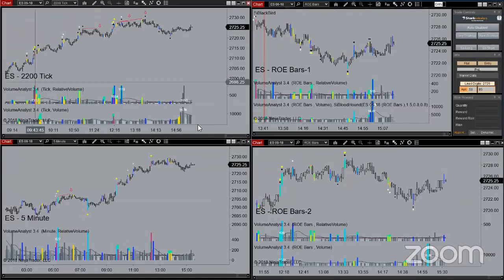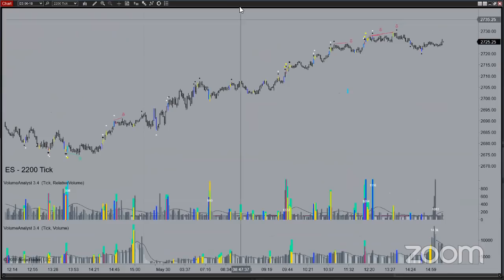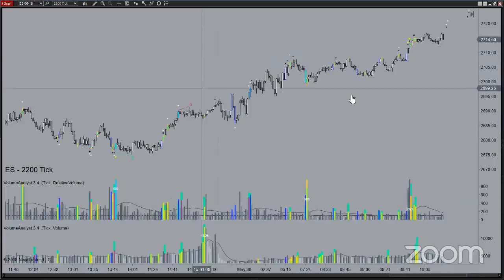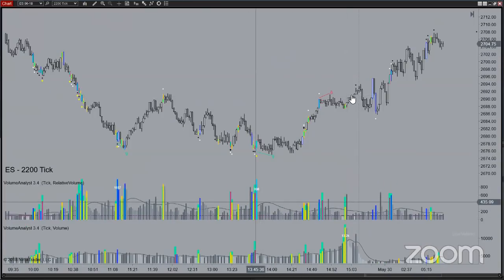What we have here on the top left is the tick chart, and this is the culprit for all my headaches for the past couple of weeks. This right here is the relative volume for the non-time-based charts. This is relative volume for tick-based charts. So we're actually able to see